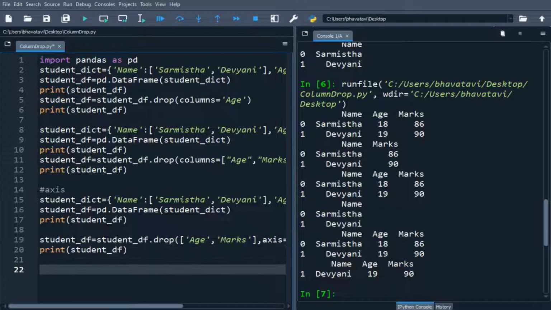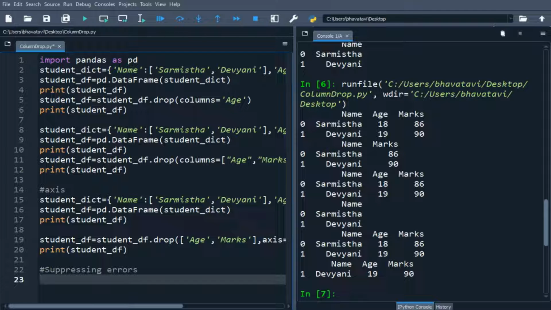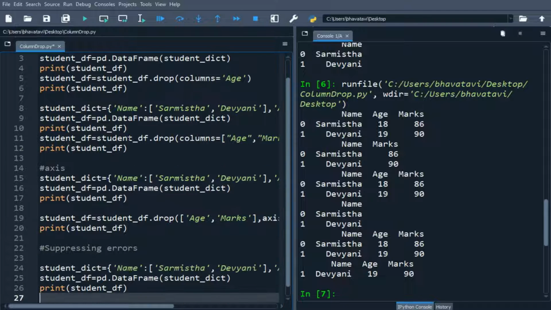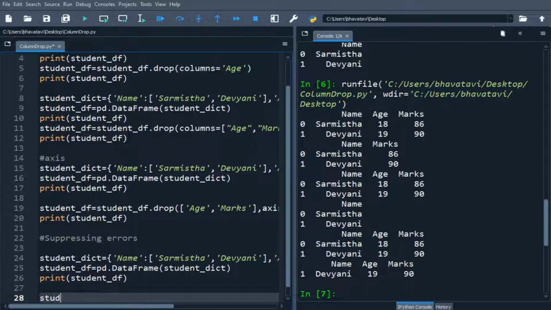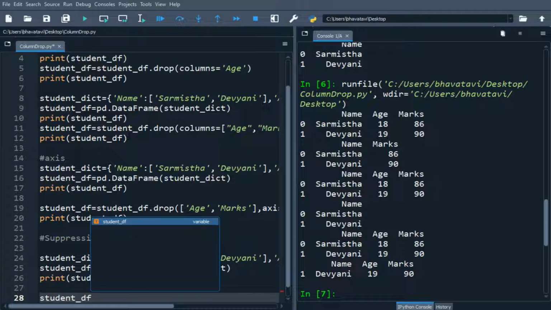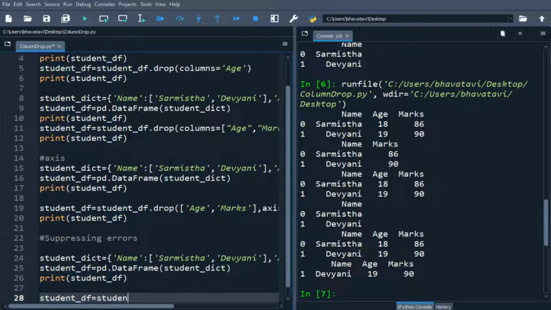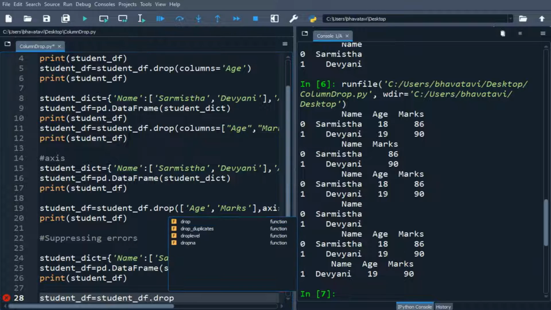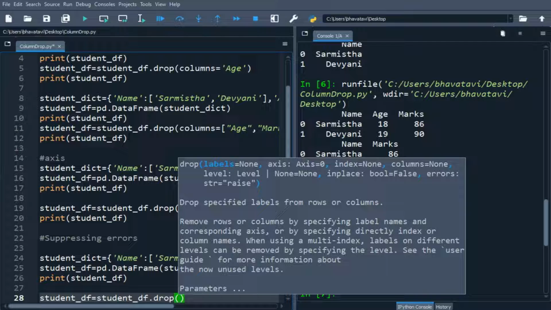So let's say suppressing errors. Okay, so we'll be suppressing the error over here. So what it will do, you can see here student_df equals, let's say student_df.drop. Okay, and then let's say a salary named column is not existing, so we want to remove that. Okay, so columns equals, let's say salary.